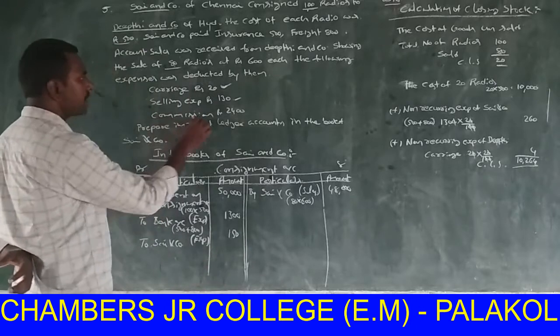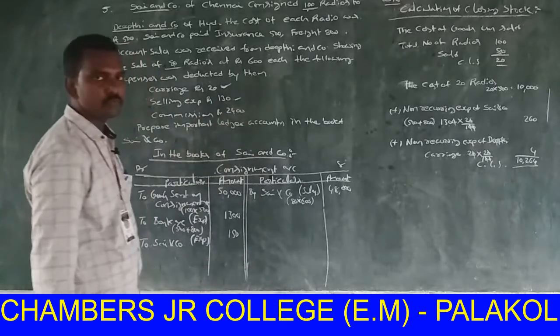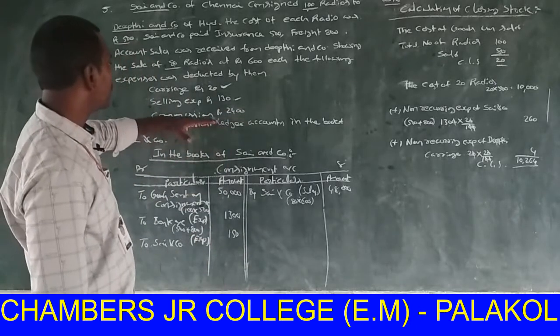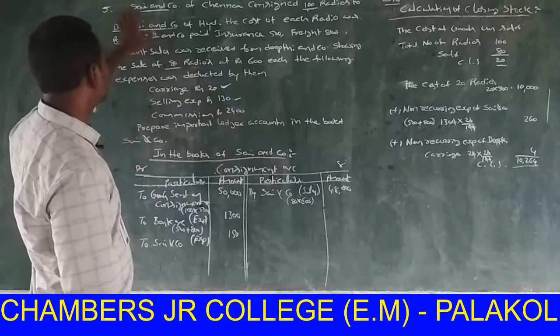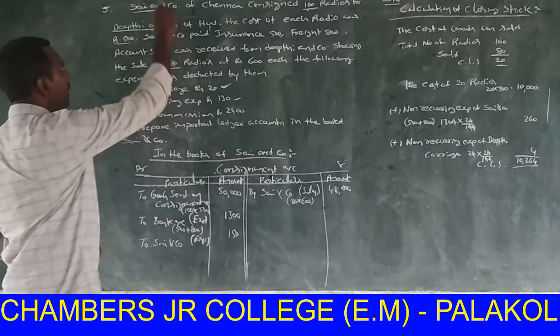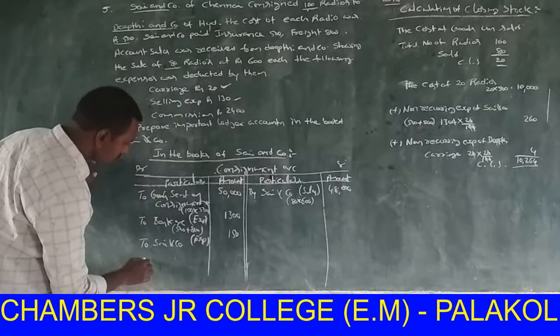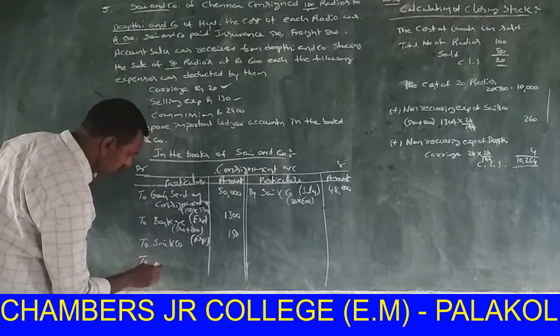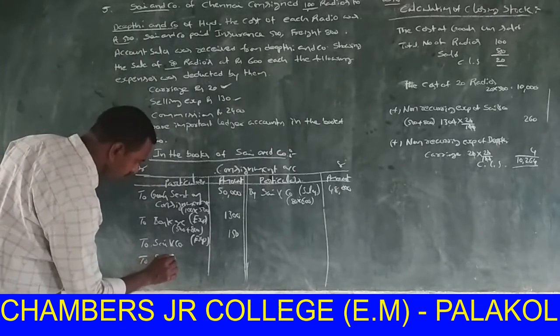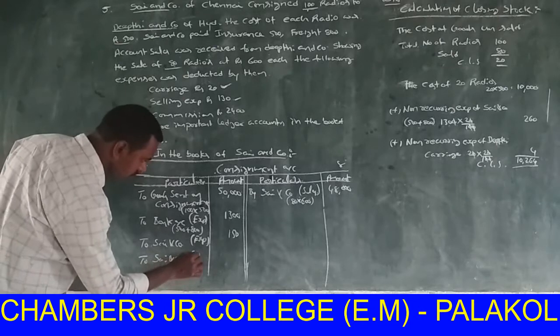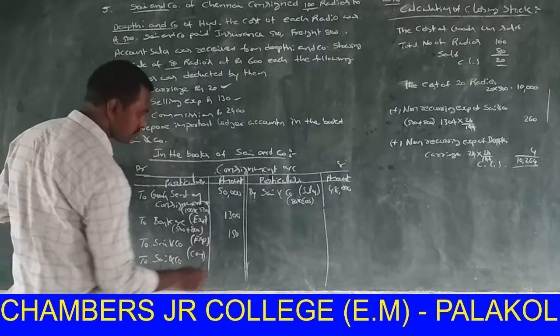Next one, commission rupees 2,400. Here the commission is paid to consignee by the consignor. Consignor paid commission to consignee. This is also an expenditure to Sai and Co. Commission rupees